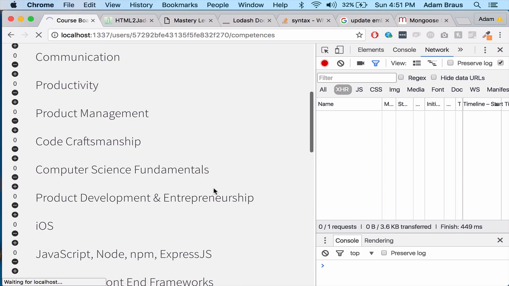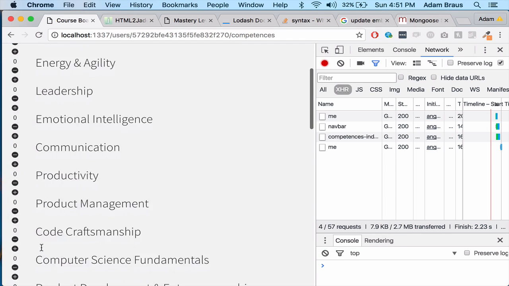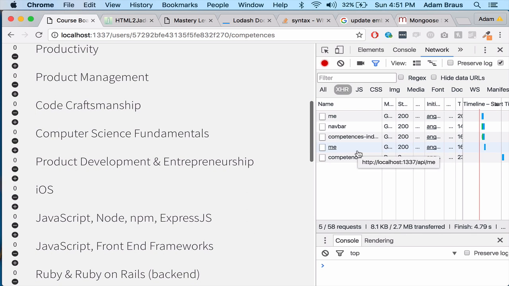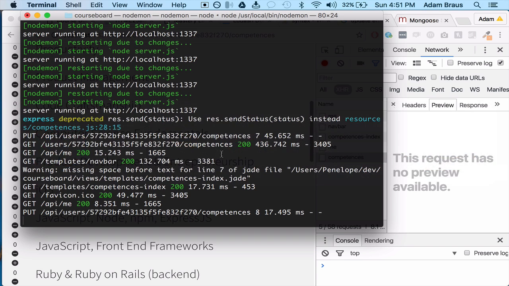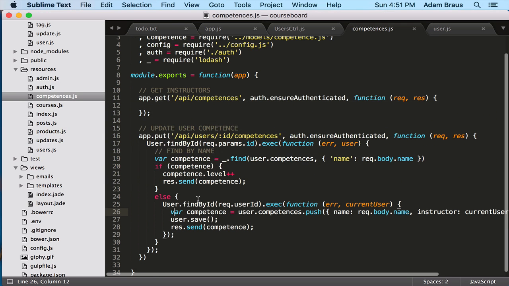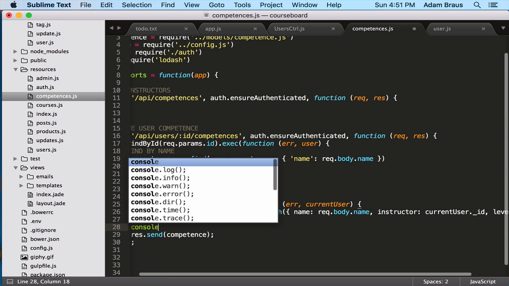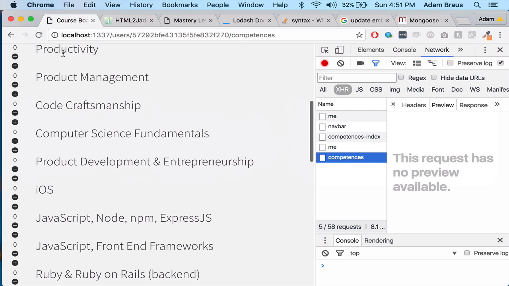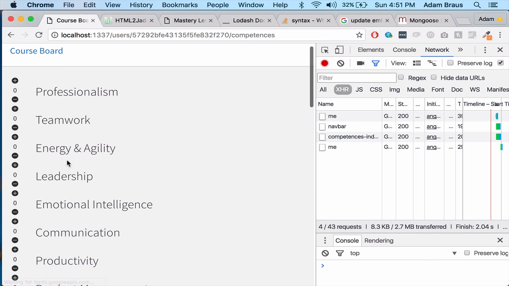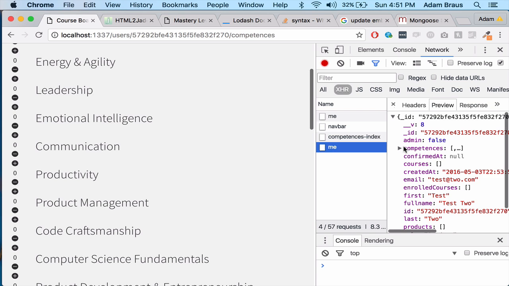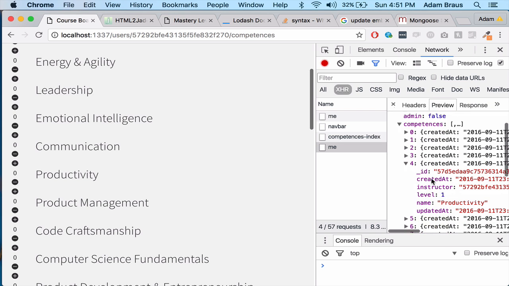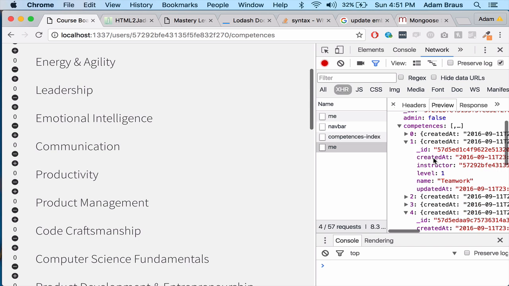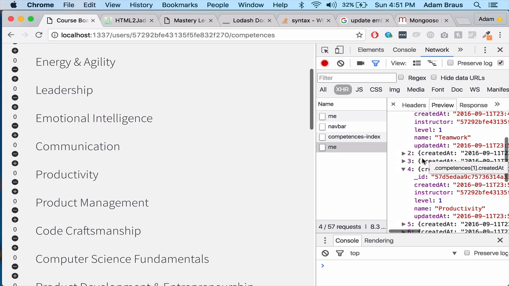Ah, God damn it. Huh, it's still not working. That's so weird. So let's see, I should have a whole bunch of different competences now. Yeah, look at that. Whoa. So many competences. Teamwork, productivity. Wait,